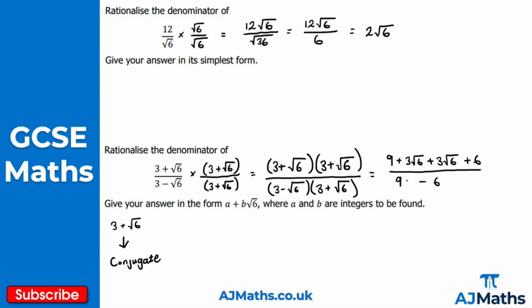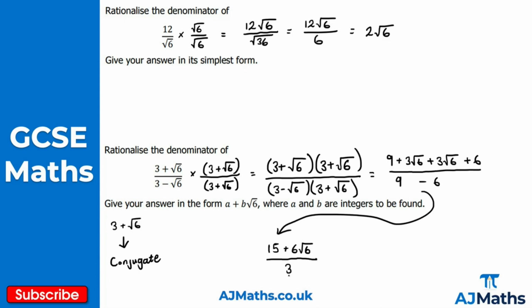Okay. So what we need to do now is simplify the numerator, simplify the denominator, and then we can evaluate and hopefully get our answer in this form. So we finish this down here. So the numerator, I've got 9 plus 6, so that's 15. And I've got a 3 root 6 plus 3 root 6. That would give me 6 root 6. That's my numerator. And for my denominator here, we've got 9 minus 6, which would give me 3. Okay, so we get 15 plus 6 root 6,